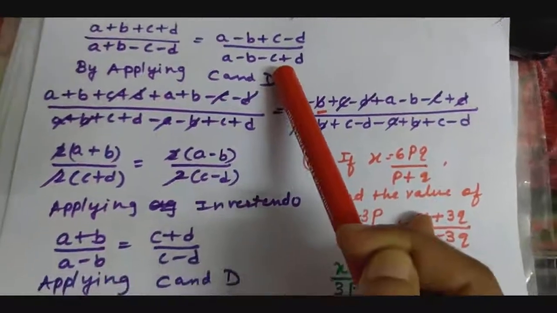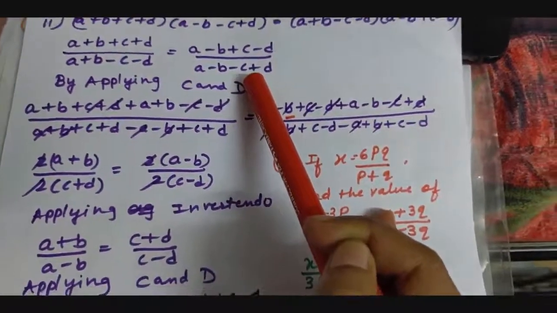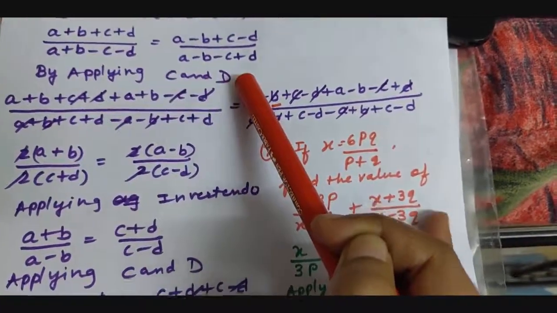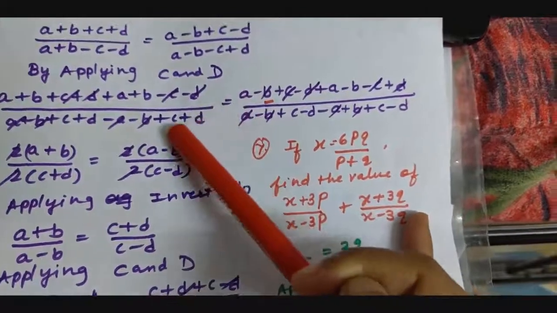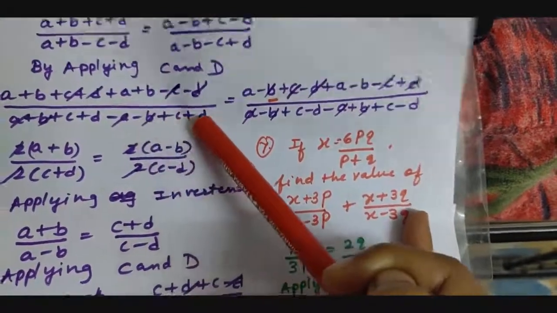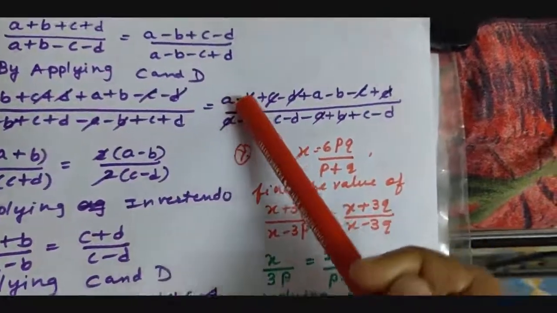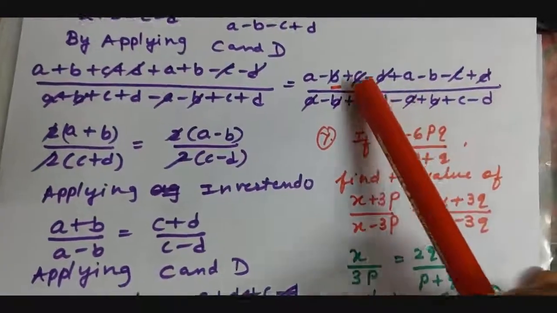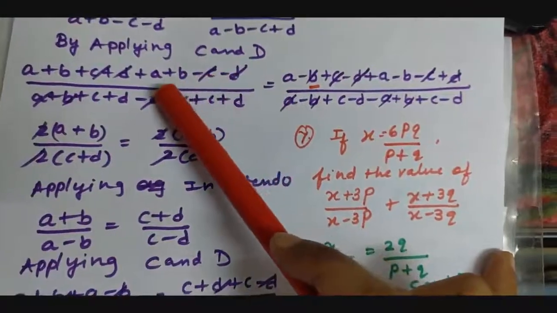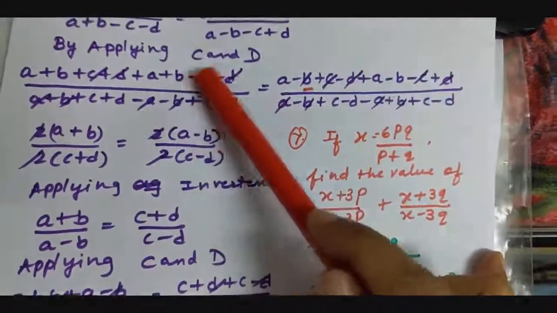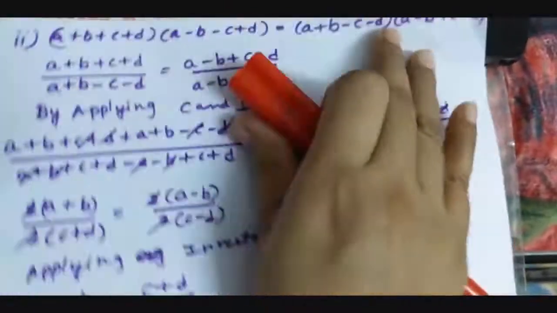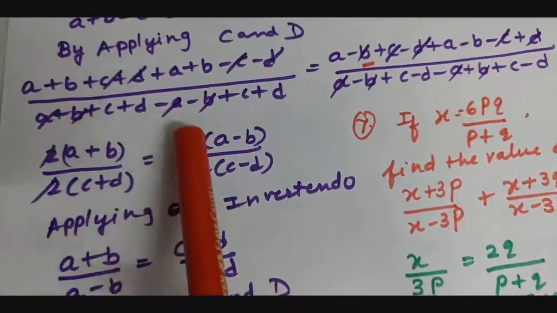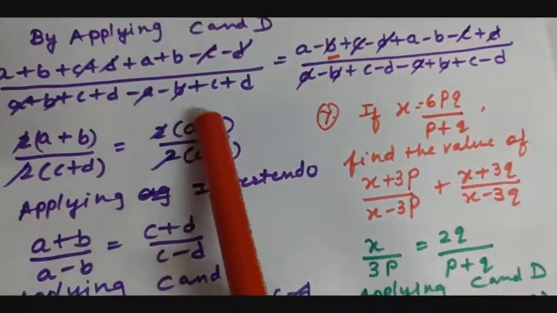Now by applying componendo and dividendo, the result is numerator plus denominator and numerator minus denominator. By taking minus I am changing the sign here, you see, and here also numerator plus denominator and numerator minus denominator. Okay, now whatever cancellations are there, you can see that I have already made, that is plus c minus c and plus b minus d cancelled. Similarly plus a minus a and plus b minus b cancelled.